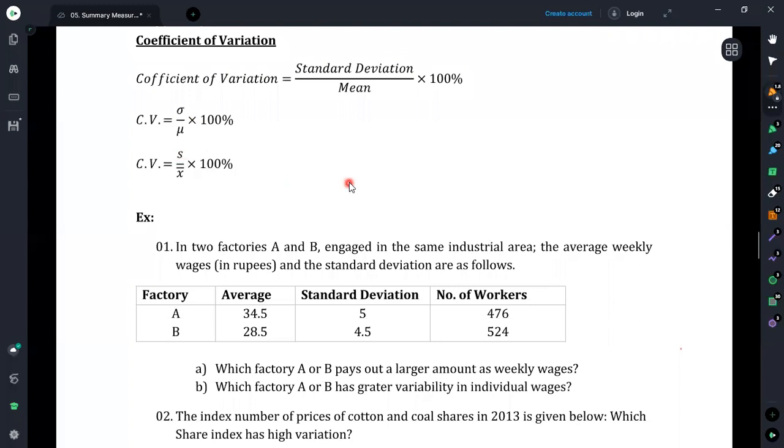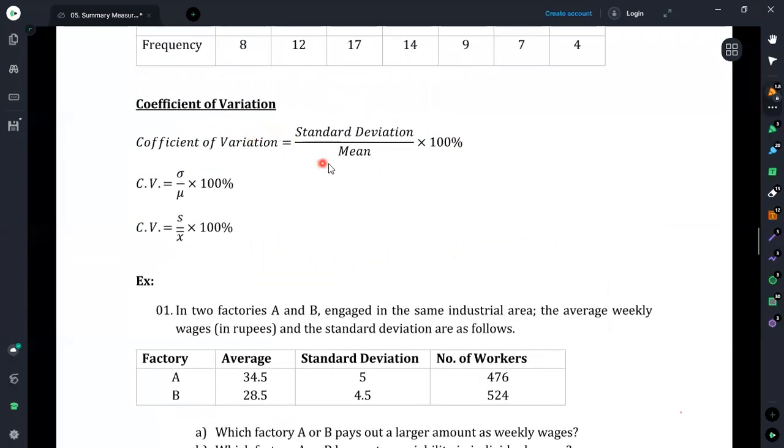Using the coefficient of variation, we can identify whether the data are stacked or whether it has a higher variability. Therefore, to check for variability, standard deviation is for a single set of data. But if you need to compare two sets or more than two sets of data, then standard deviation would not be a very appropriate method to compare the variability of several data sets. In such situations, we can use the technique of coefficient of variation to check the variability of two given